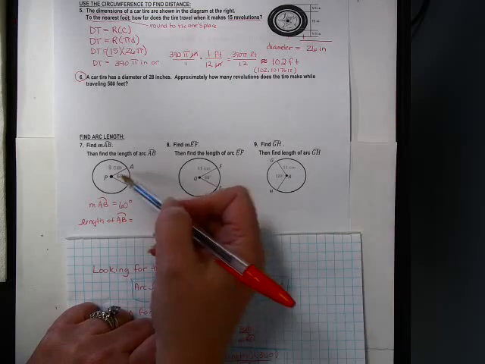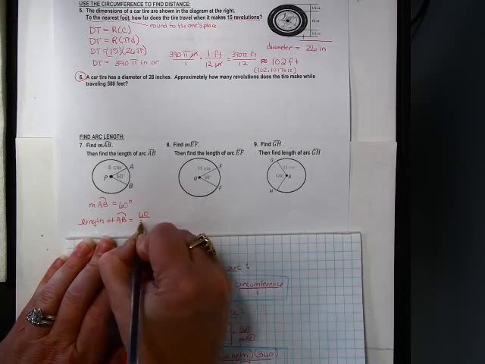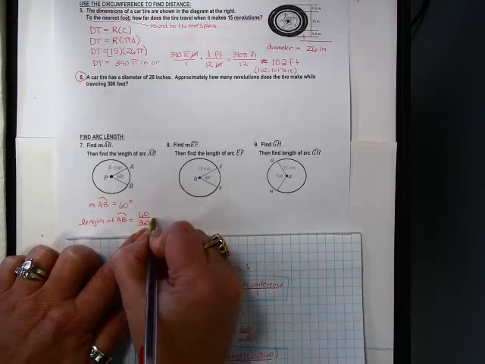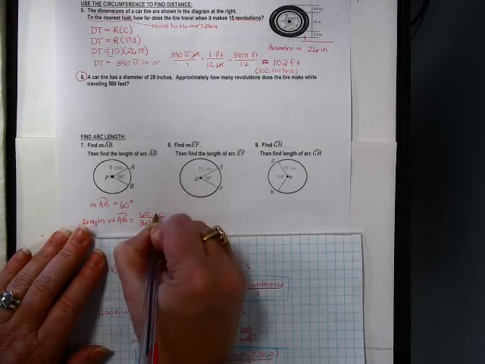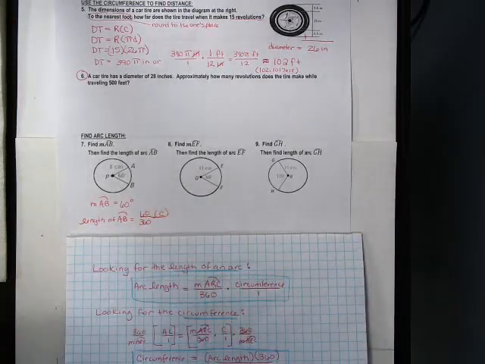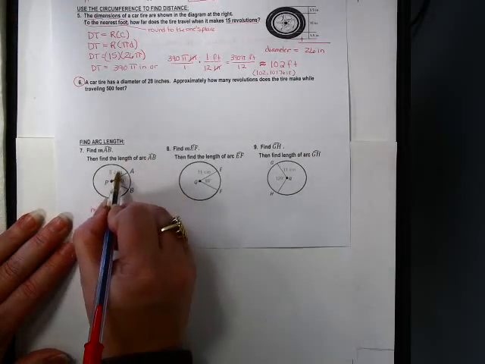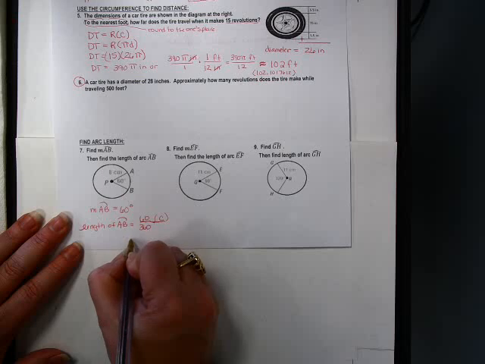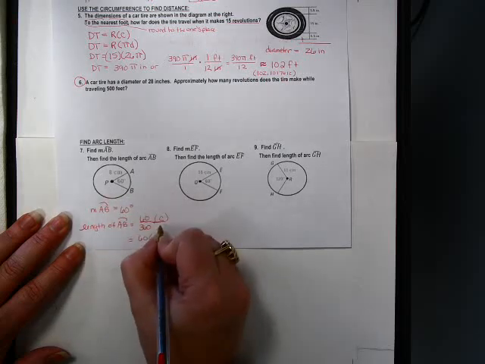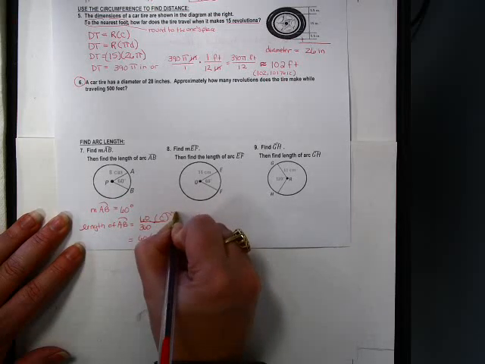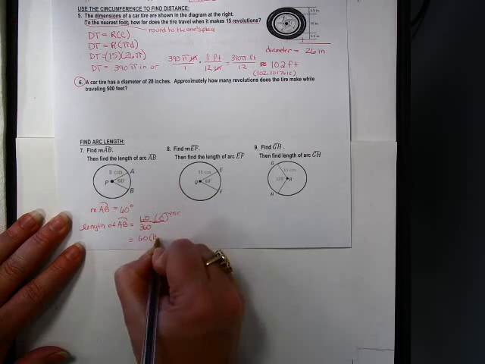the measure of the arc. The measure of the arc was 60, so I'm going to plug in 60 over 360. And then I have to multiply that by the circumference. Okay, so that's going to be multiplied by the circumference. So now I have to find the circumference. So what I know is that the radius is 8 centimeters. So that's going to be 60 times 2 pi r. Okay, remember this one's going to be the 2 pi r. So that's going to be twice the radius. So twice the radius is going to be 16 pi